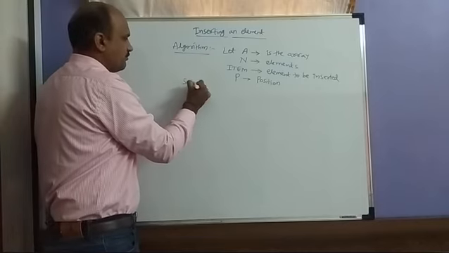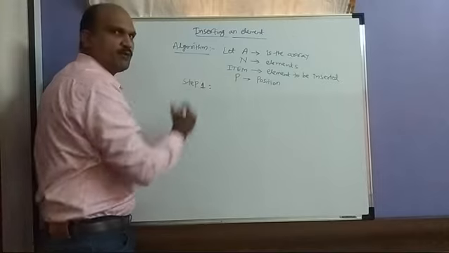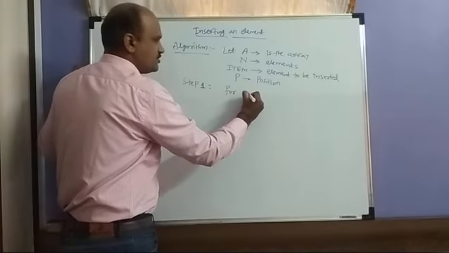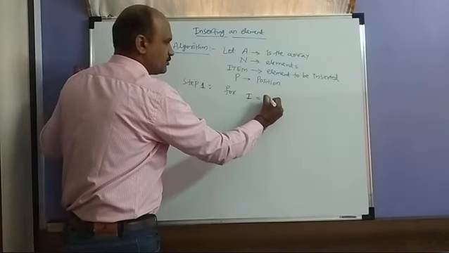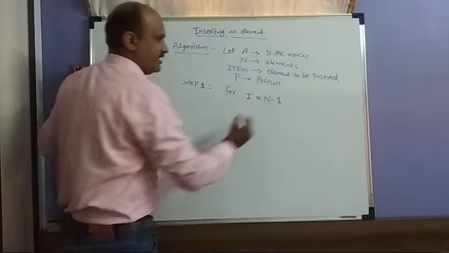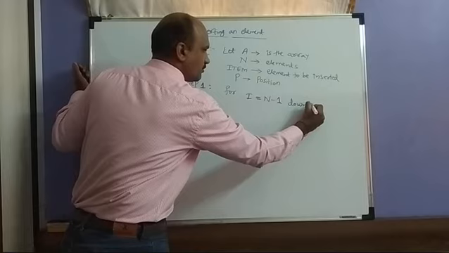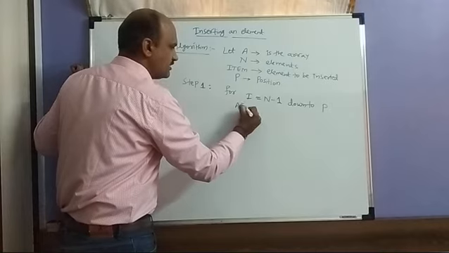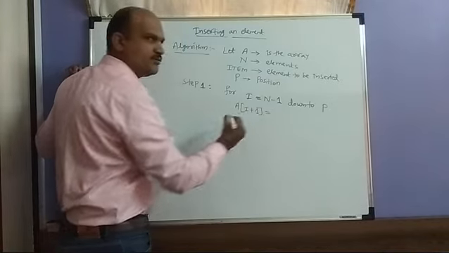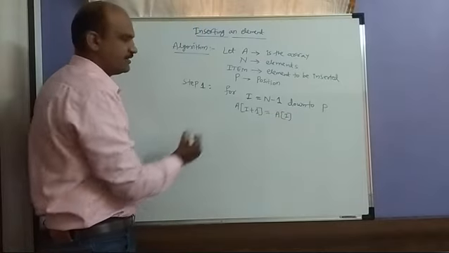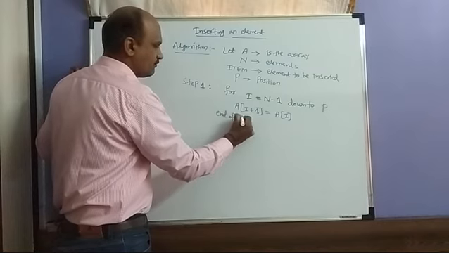When you start with step 1, it goes directly from the for loop they are given, that is for I is equal to, as I told you, I is equal to n minus 1, from higher order. N minus 1 to where the position you want to insert the element, down to P. P means position. N minus 1 down to P. Then what will happen? I will increase, I plus 1. A of I plus 1, when you increase, it becomes A of I plus 1 is equal to A of I. This is end of for.